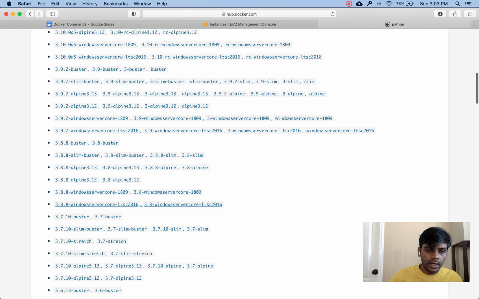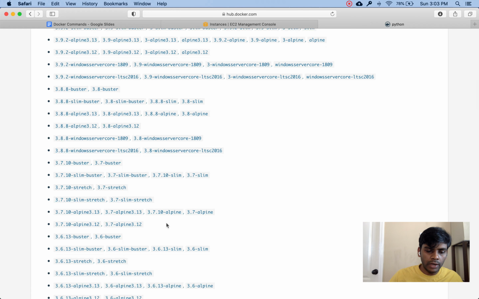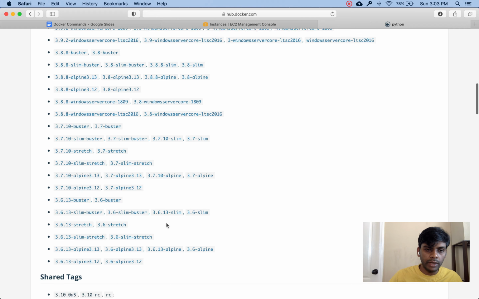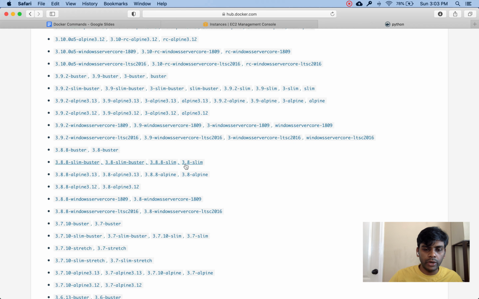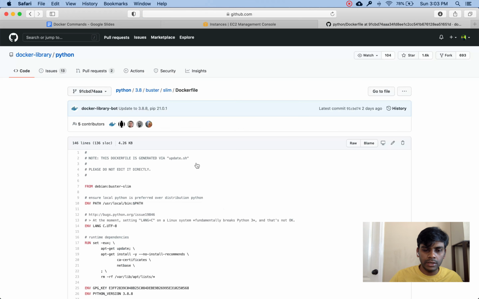So the one that I wanted to pull, or that I was using before, was the slim image. Let's just download this 3.8-slim. So how do you do that? You can actually click the tag, and then that might give you the commands,